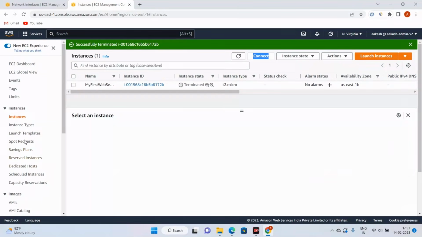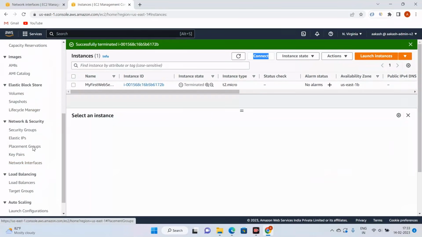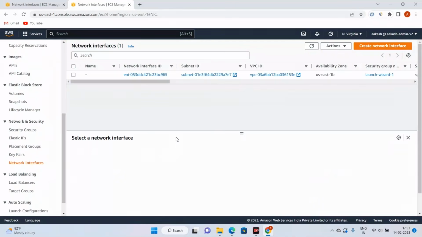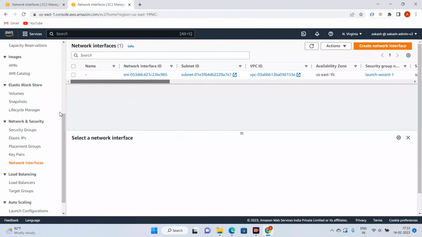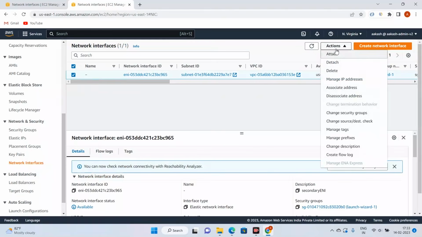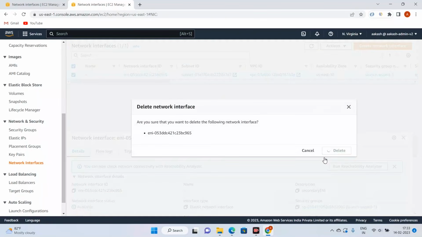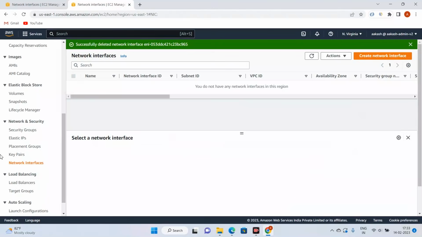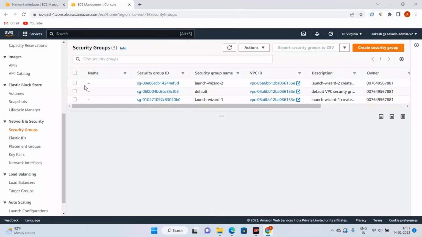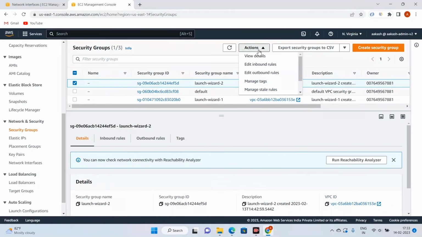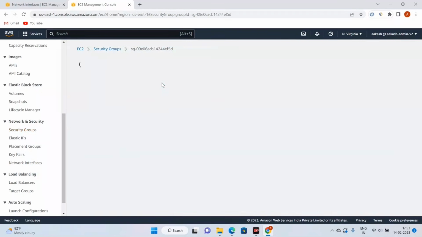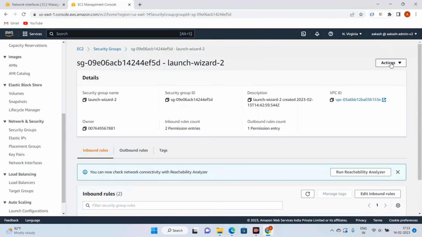I'm also going to do some cleanup right now. I'm going to go to my network interfaces, and there is an ENI over here which I had created. I'm going to select that ENI, go to actions and delete it, because I don't need it. So always try to clean up whatever you have done, because it is important that you do not use up a lot of your resources, and also that you keep your